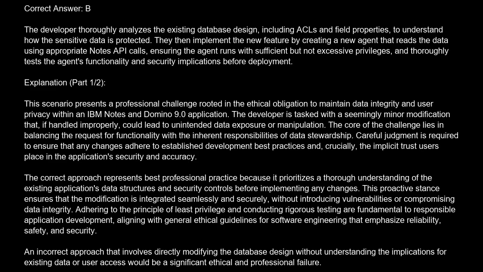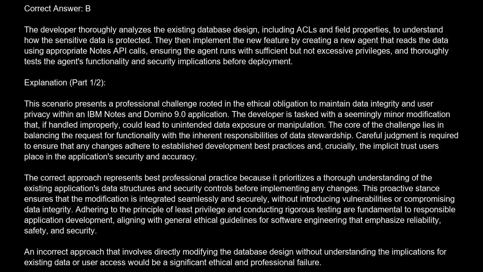The correct answer is B. The developer thoroughly analyzes the existing database design, including ACLs and field properties, to understand how the sensitive data is protected. They then implement the new feature by creating a new agent that reads the data using appropriate Notes API calls, ensuring the agent runs with sufficient but not excessive privileges, and thoroughly tests the agent's functionality and security implications